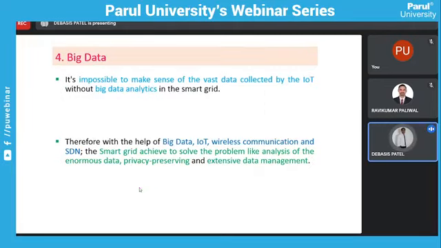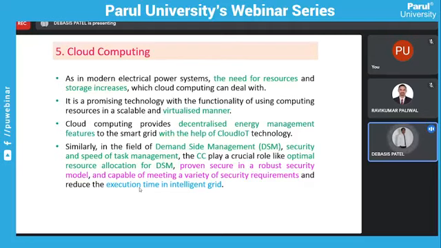Big data, as you know, how to store more big data, how to incorporate IoT with big data, how to incorporate cloud computing and big data. All these things are your future scope. Cloud computing is what? Cloud computing, as we discussed, right? It is storing data and processing virtually, which facilitates our decentralized energy management. Means we are not going for centralized management. We can isolate an area and we can take decisions, right?